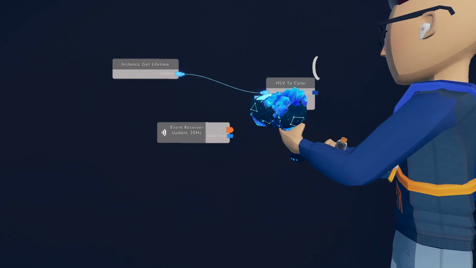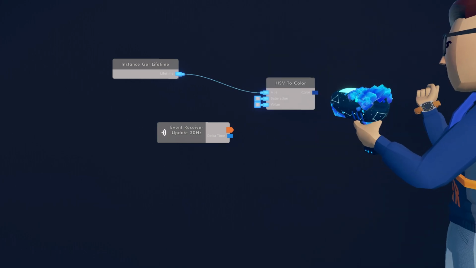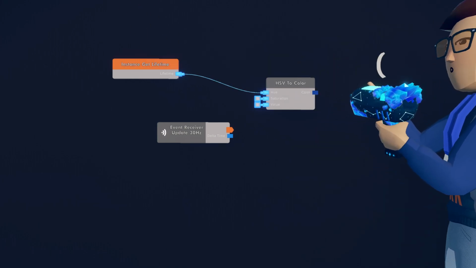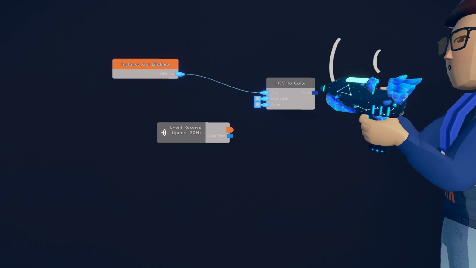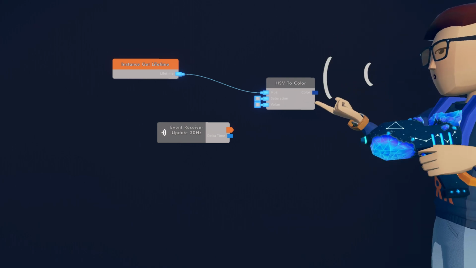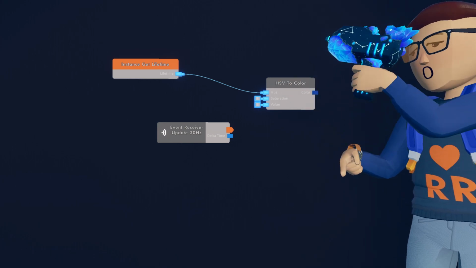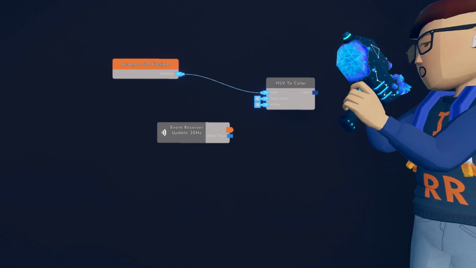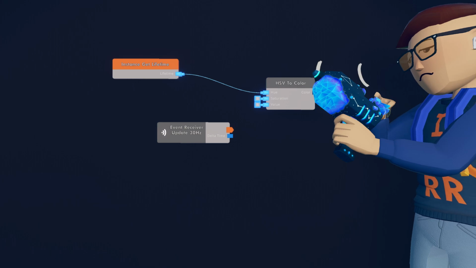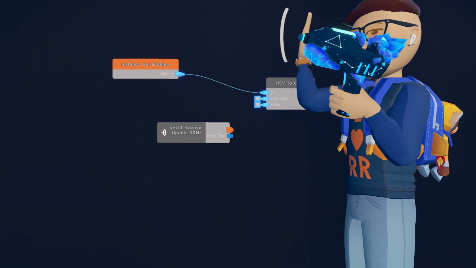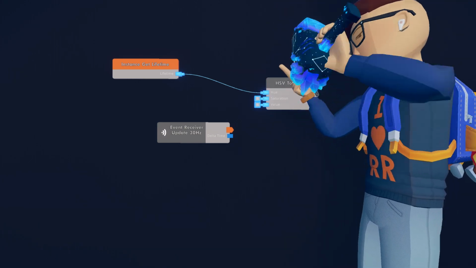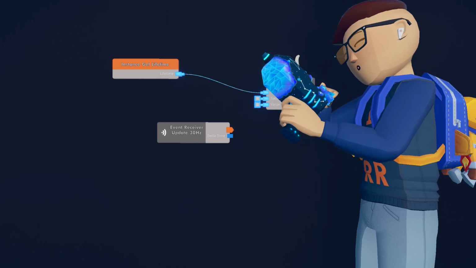So if I just wire that into hue directly, that's just going to give me red every time, no matter how high this value gets, because hue is expecting a number between 0 and 1, and 1 is red, and when you get above that, it's just always red. Clamp this basically, but if we just use the actual literal clamp chip, it will just be 1. So we don't exactly want that either.